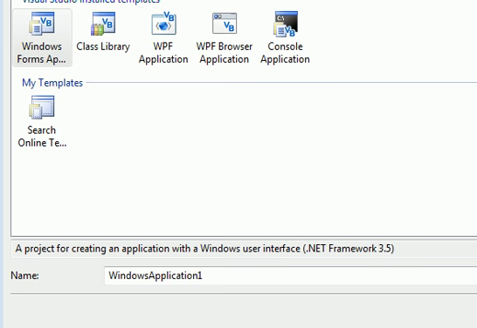Today I'm going to show you how you can detect a mouse click. I'm going to teach you how exactly you can detect a left mouse click and how you will be able to detect a right mouse click, and then write some code to do something when a mouse click happens.